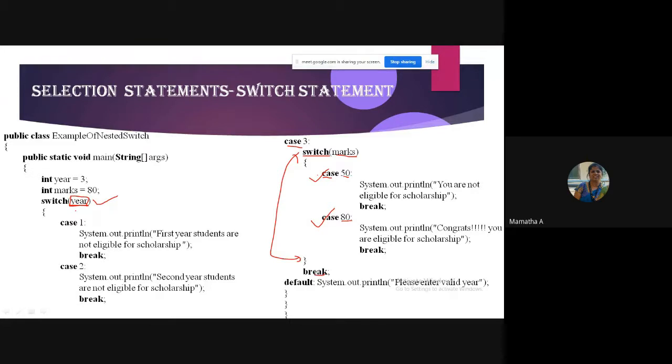Inside that case, you will again have to write a switch case. Suppose you are selecting Ramaya College of Engineering. In Ramaya, what are all the courses available? Again, you will have to write different cases. Isn't it? So first you will have a switch case. That's how the design is made.